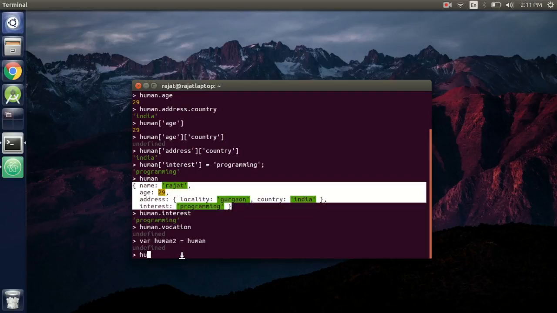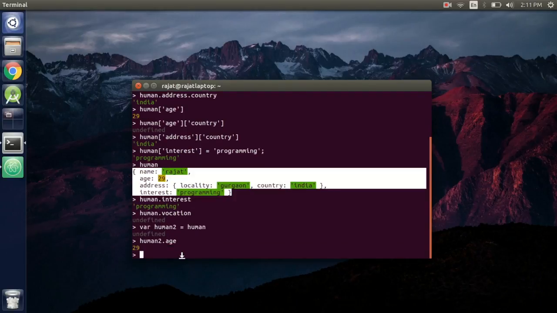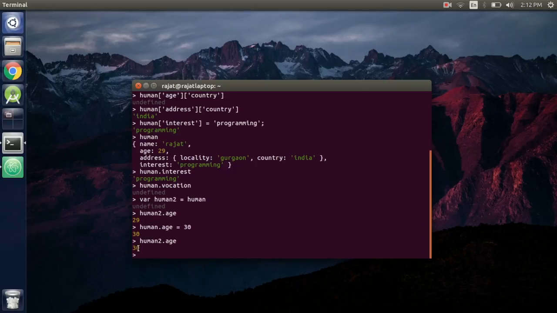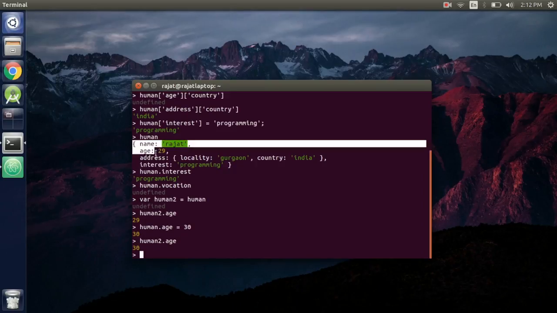So if we are going to address the age of human2, it is going to return 29. And if we are going to change the age of human to 30 and then we try to access the age of human2 again, you will get the result as 30, because both of these variables are pointing to the